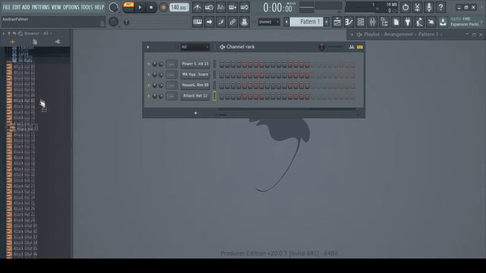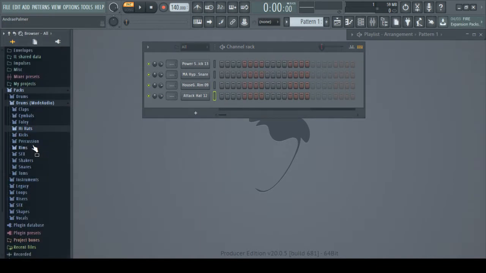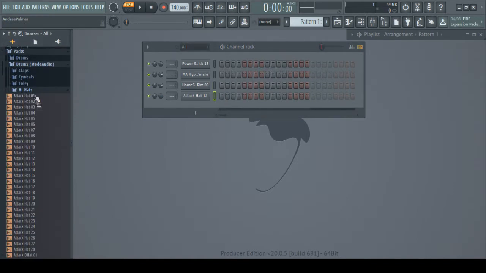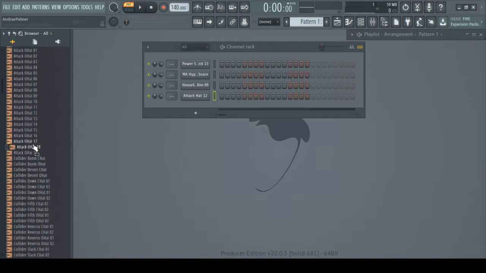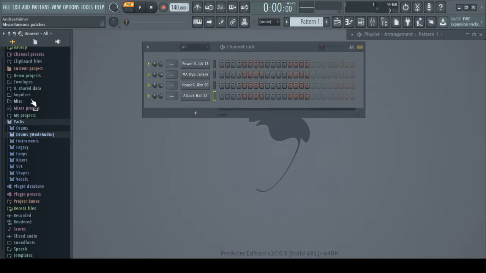A hi-hat. I don't like any of those hi-hat sounds, so I'm going to another pack. Right. I'll work with that for now. I can add everything else after. I'll go back to